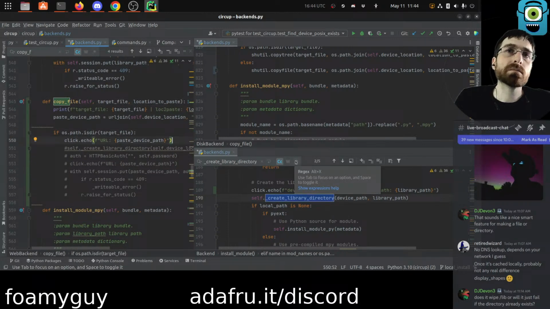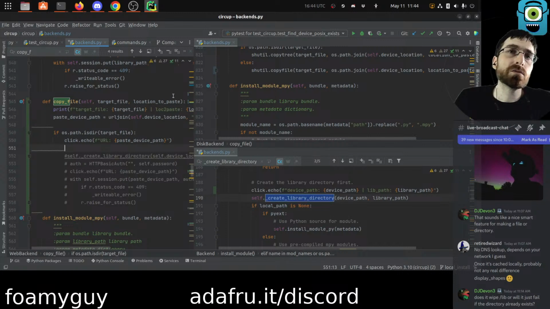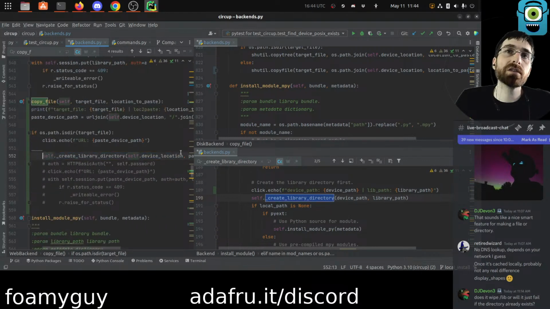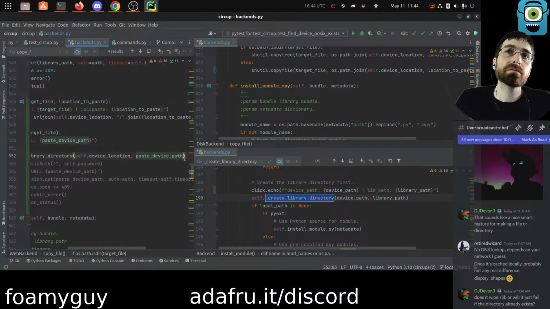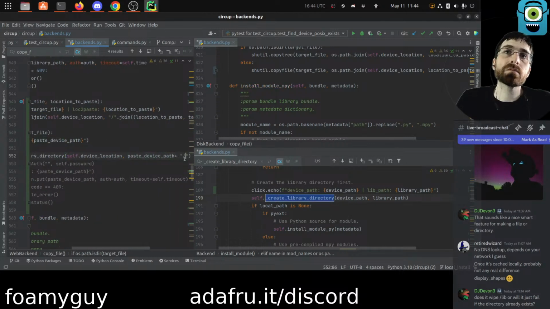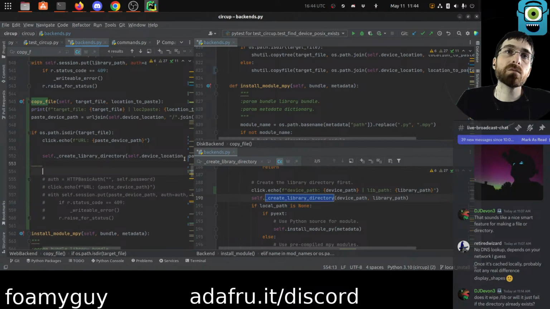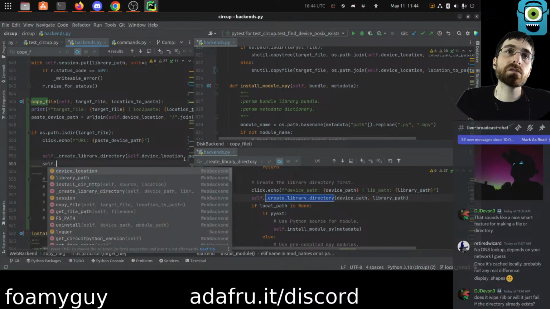Okay. So, okay, if it's a directory, then we will call this, but we also need to add one more slash at the end of this, which is probably not necessarily the right way. I don't know, but I'm gonna do it that way. So that's going to create the library directory, and then after we did that, we would self dot